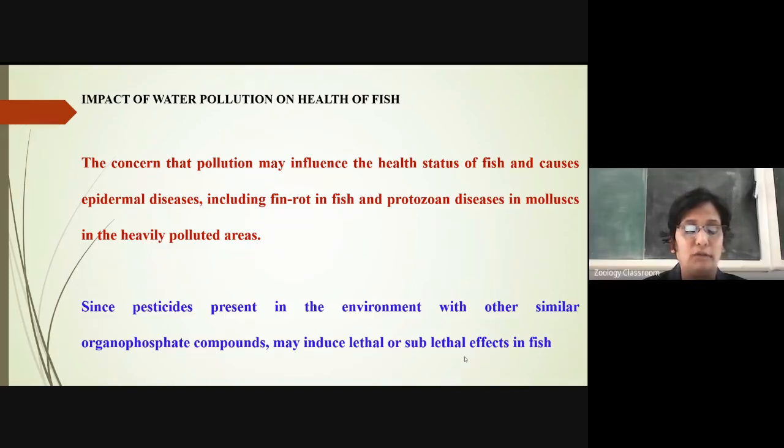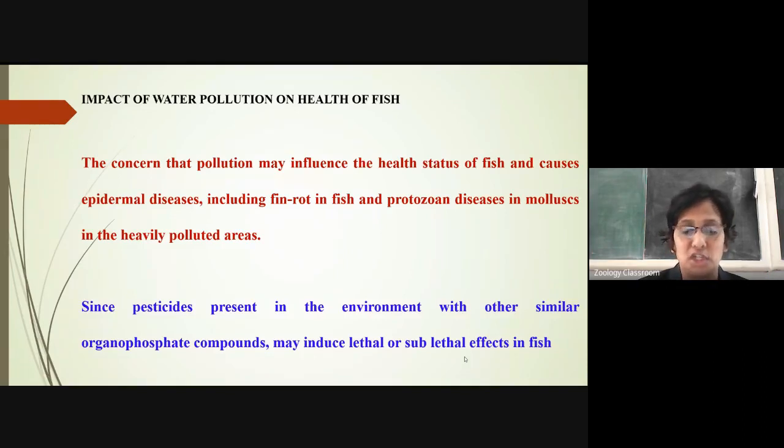Okay. Next point, impact of water pollution on the health of fish. Water pollution is the result of urbanization as well as industrialization. Because of the industrialization process and urbanization, water pollution is caused. The concern that pollution may influence the health status of fish stocks has increased over the last 20 years also. And initial attention was actually paid to the epidermal diseases, including